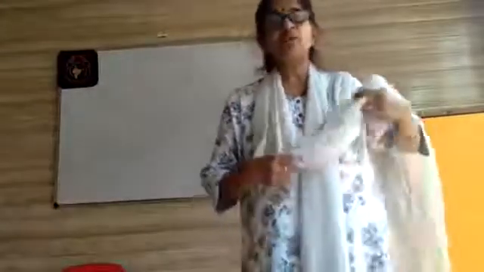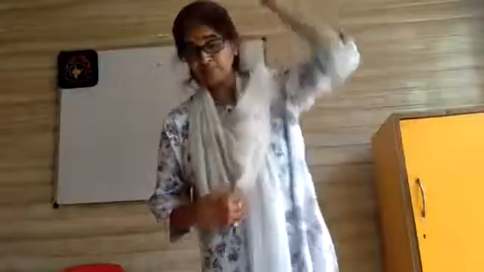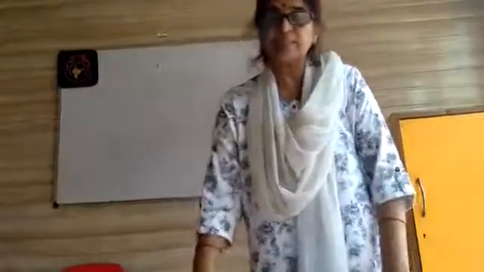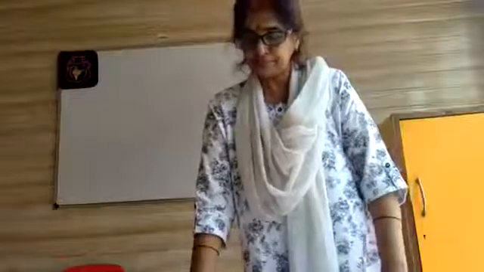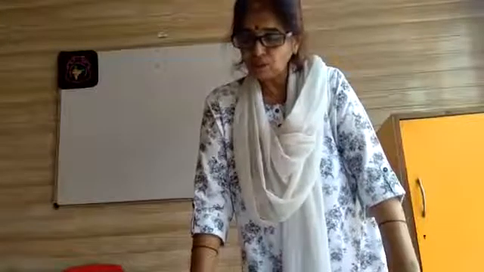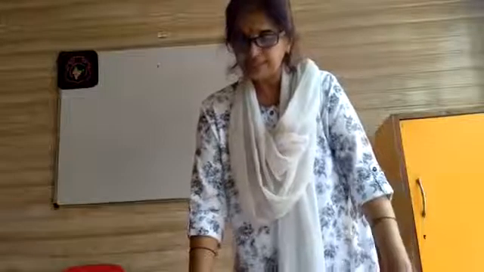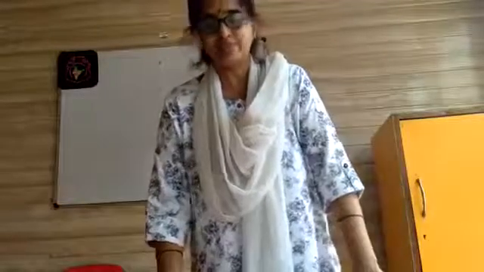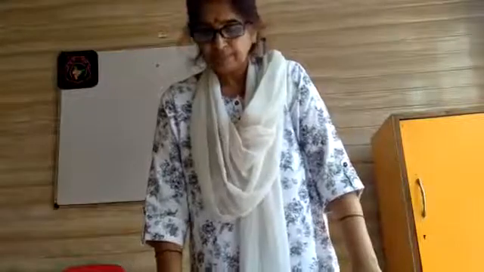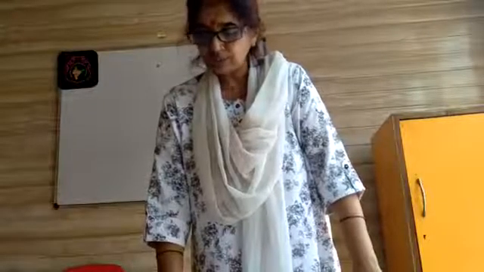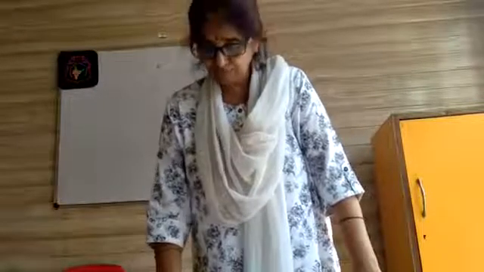So come on children, what is a computer? A computer is an electronic machine. Yes, very good. Come on children, repeat everybody. A computer is an electronic machine which stores a large amount of data. Once again, repeat with me. What is a computer? A computer is an electronic machine which stores a large amount of data.